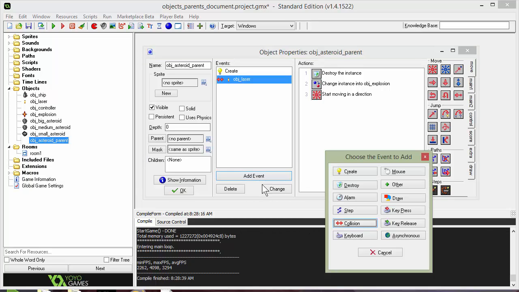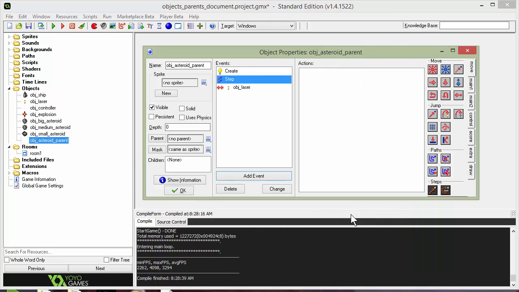So I'm going to add in a step event that's going to keep track of if the asteroid needs to wrap. So it's going to be checking constantly where that asteroid exists. Now, if I want to add in some scripting, I can come down to the Control tab, and you'll see here's this code section. And in the code section, I can execute code, which means basically I can just write some code right in here, or I can point to a script that exists and execute it that way. We're going to start off here by using this execute code